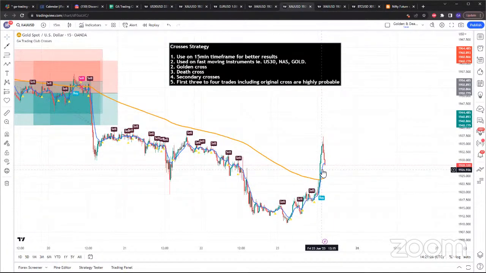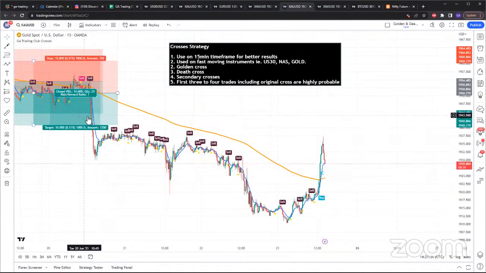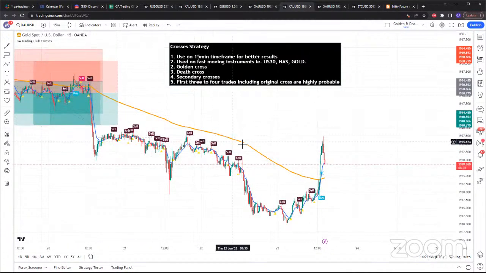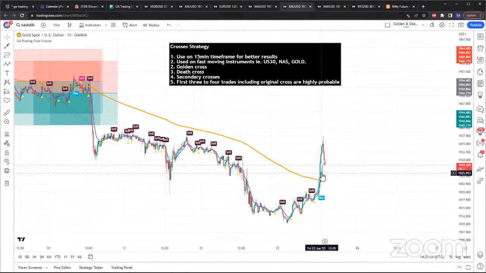But even looking at the gold crosses, you just have to ask yourself, if I'm trading a cross right now, a golden cross, when was the last death cross? The last death cross was literally 4 days ago. So this golden cross, yes, it has a very high probability, but you just don't trade one indicator by itself. You look at other indicators, which is what I do nowadays.